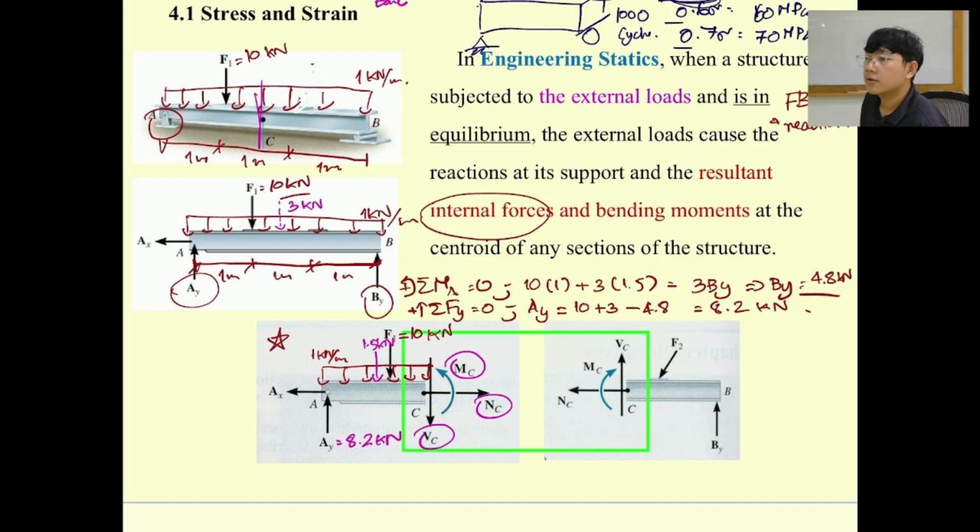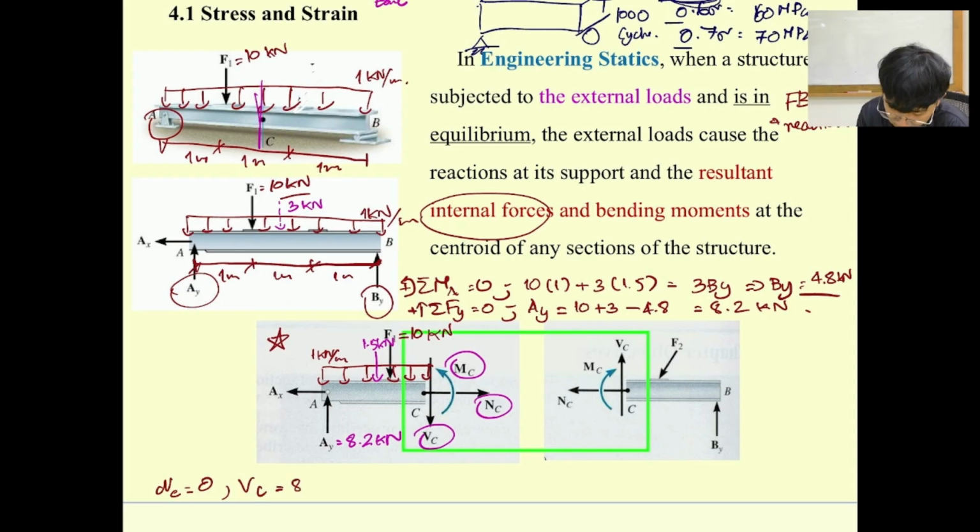Can we find here? We can find, right? So what is NC? The easiest one. 0, right? And then what is VC? VC is going to be